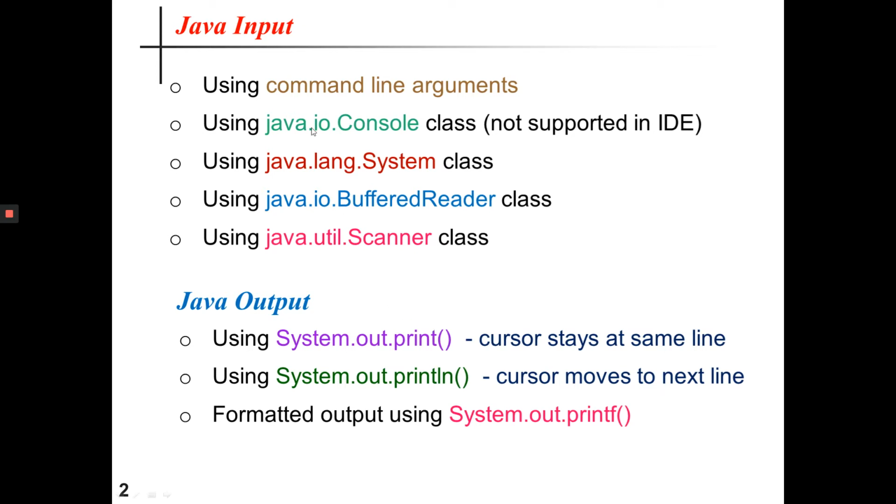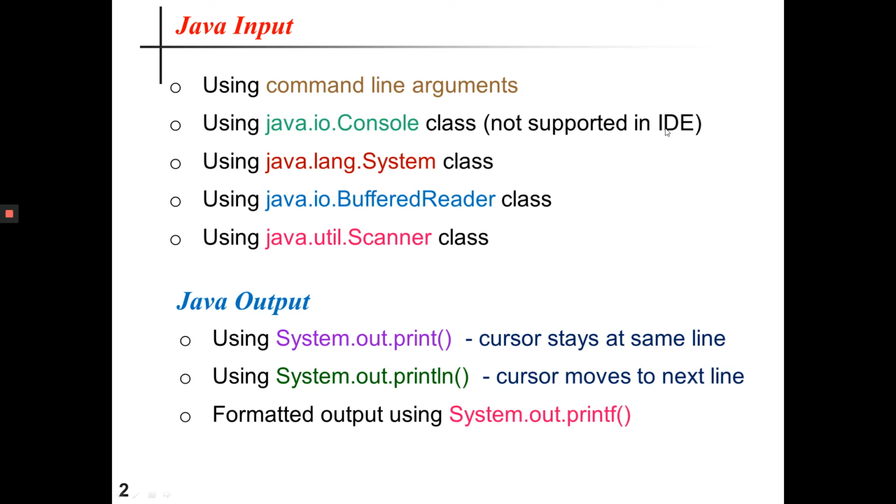The input can be taken from the keyboard using command line arguments, which we have already seen in the previous class related to Java classes and objects. But still, we will introduce one example to demonstrate this. Then comes the java.io.Console class, which can be used for taking keyboard input, but it is not supported in IDEs